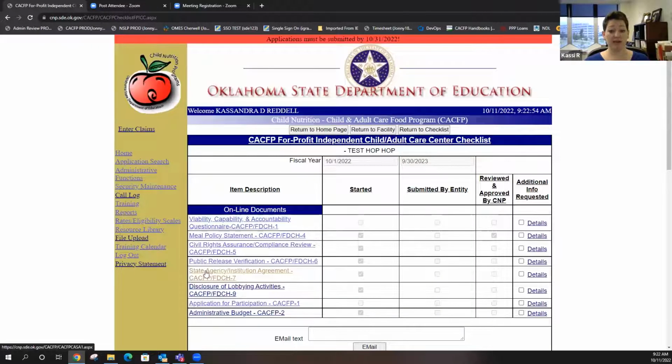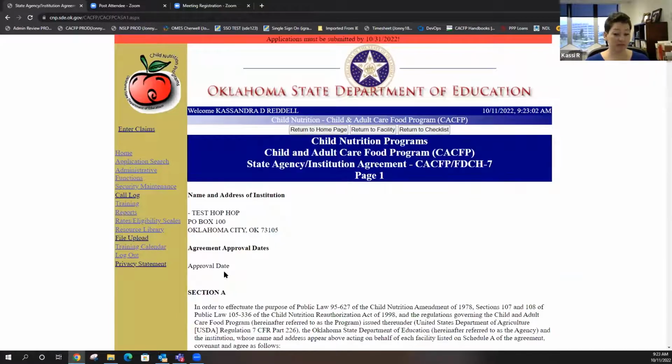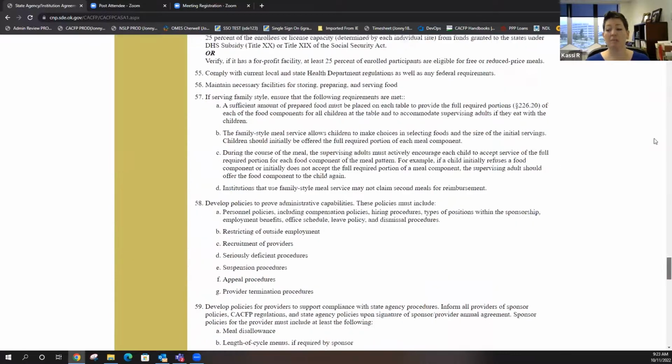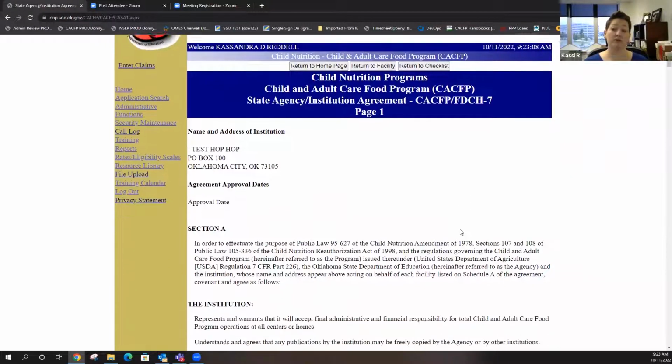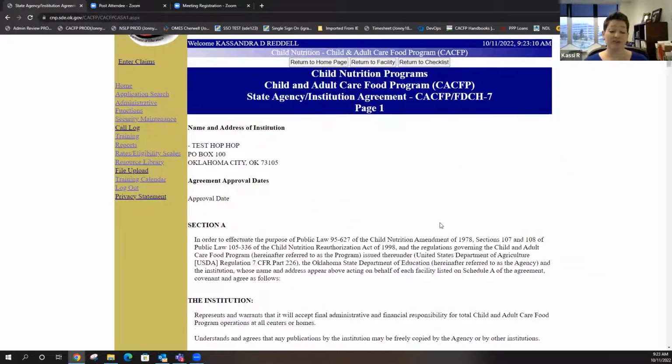These forms right here, state agency, this one has actually rolled forward for several years that way because it is a permanent agreement, and we're kind of following suit with all of our other forms. But if you have recently come into your position and you're the one doing this now, you might go into your state agency form and see that there's some name that's several years old, and there might even be people who aren't even in this office anymore who approved it. Don't worry about it. It was submitted and approved by authorized people at that time.